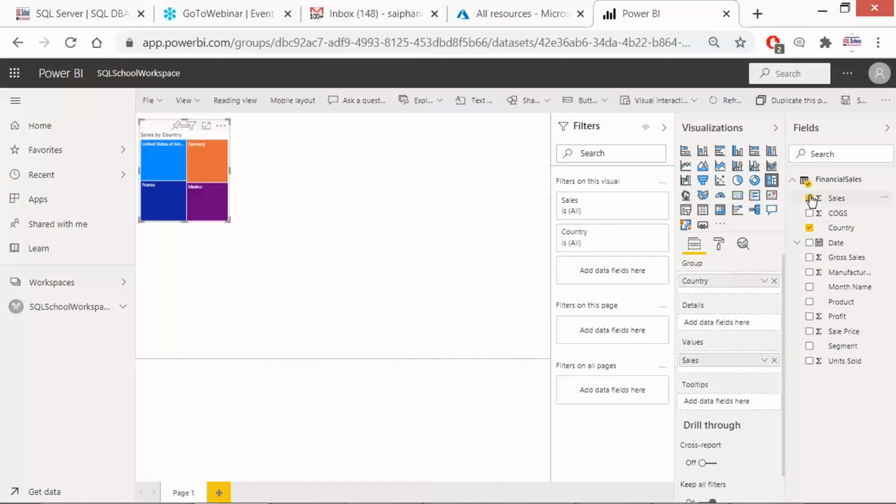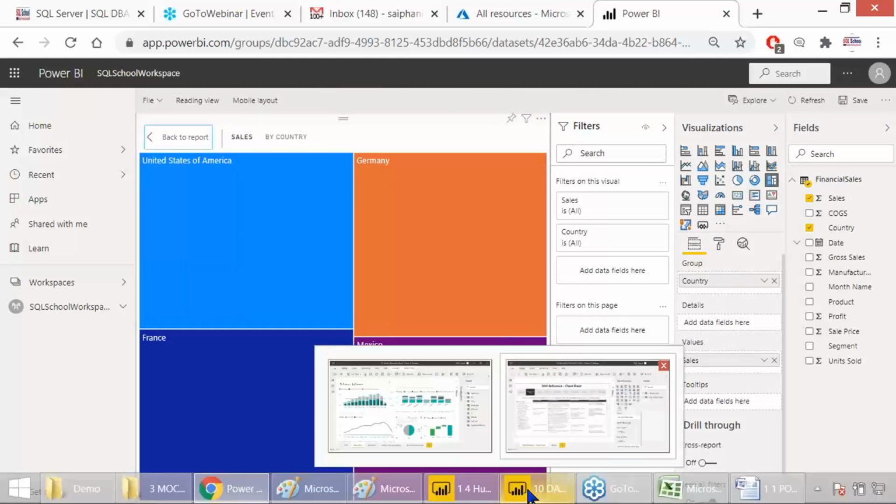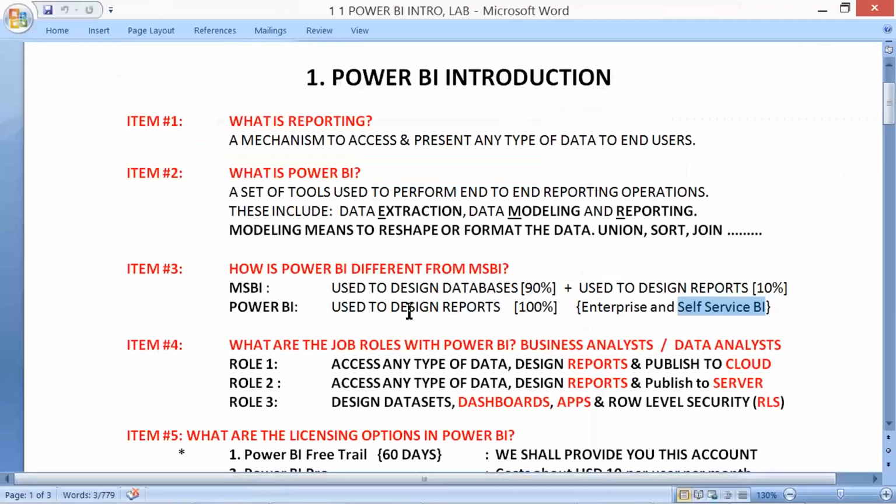Whereas the other one, the a la carte type, is where we design the reports as per their requirement, as per their order, and just post them to either cloud or report server. There are two options, either cloud or report server. The end users will access the reports or get them scheduled to automatically execute on a routine basis, for example once a day or twice a week.